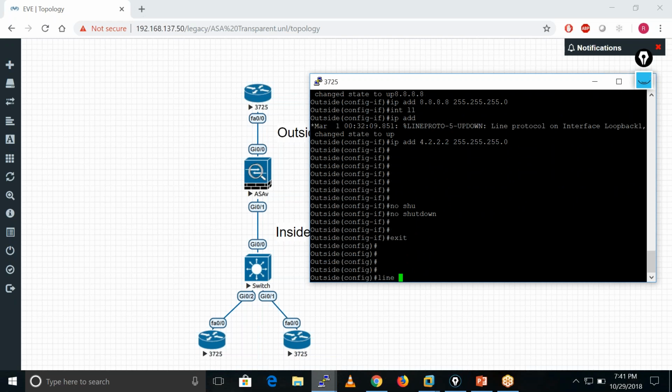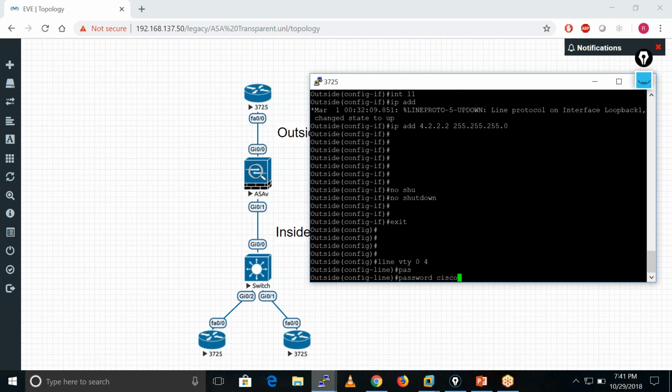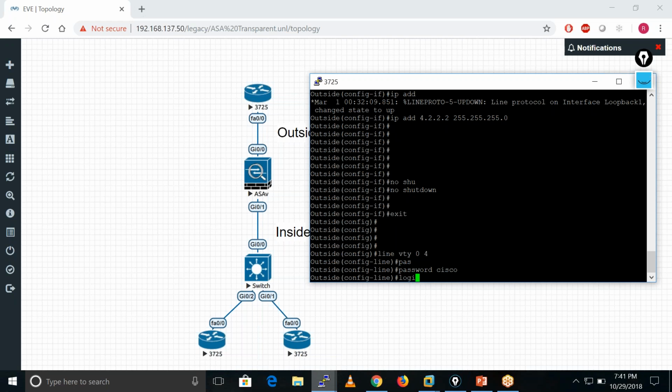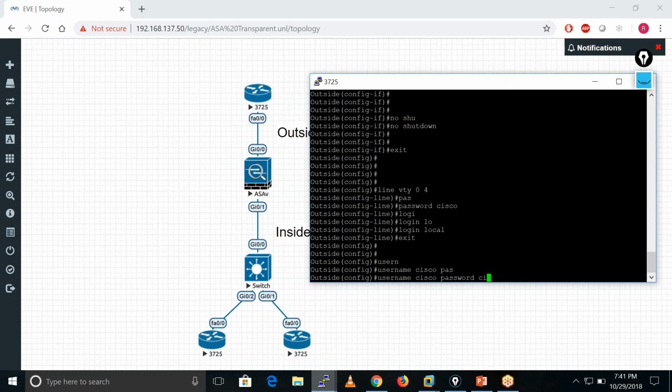I'll configure the telnet as well. Password Cisco, and login local. I'll add one username here, username Cisco, password Cisco.